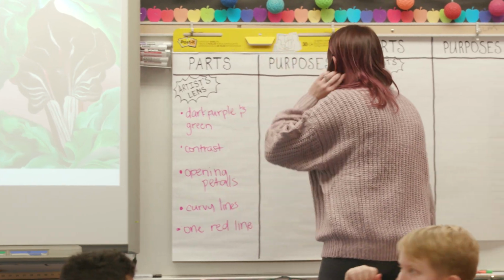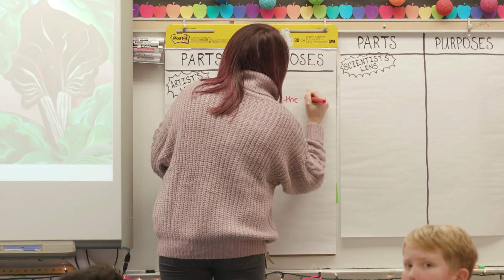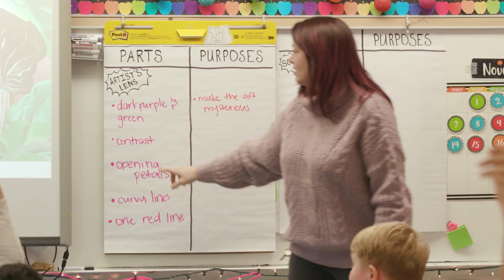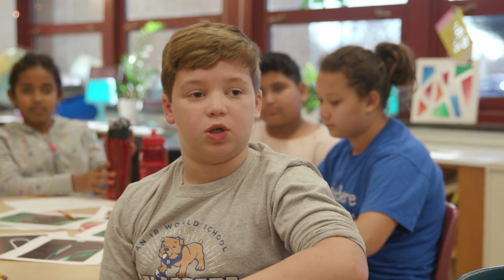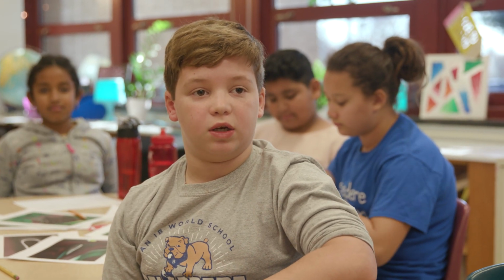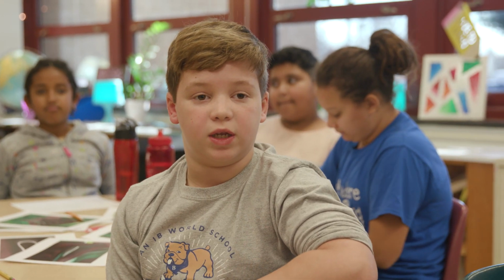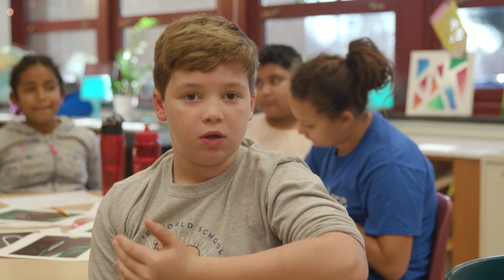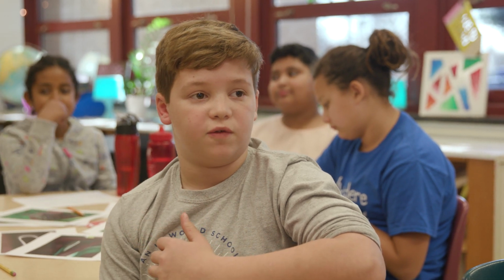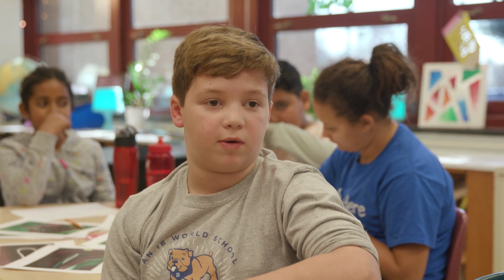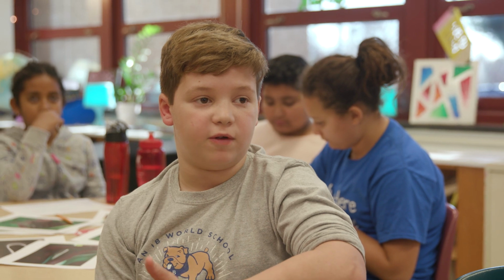So now we're looking at the purposes. I think the purposes of those dark colors are to make it dark, mysterious and stuff. Okay, what about the contrast between the darks and the lights? I think it's supposed to show the light, the sun coming in, because flowers need light to grow. So maybe it's the light coming onto the flowers, which is making maybe those cracks in the big flower.